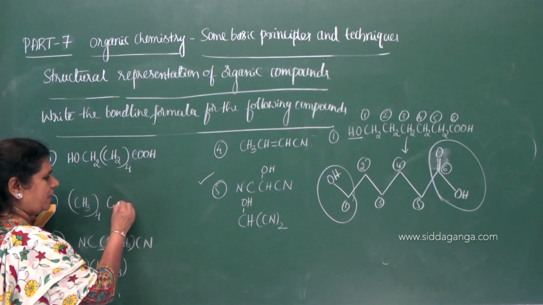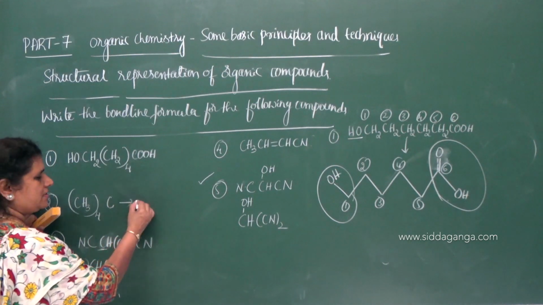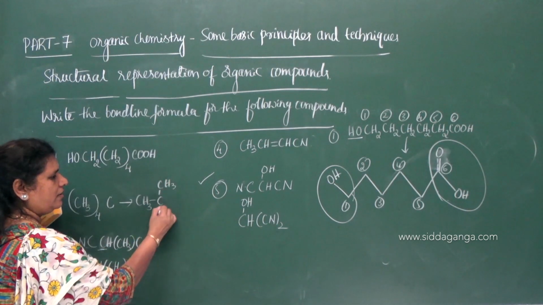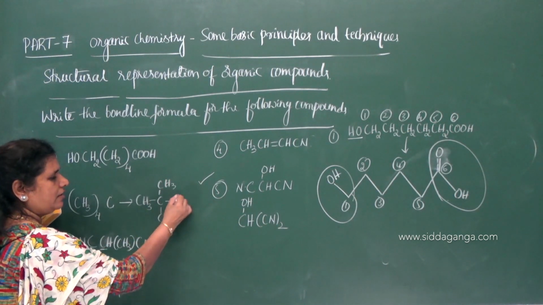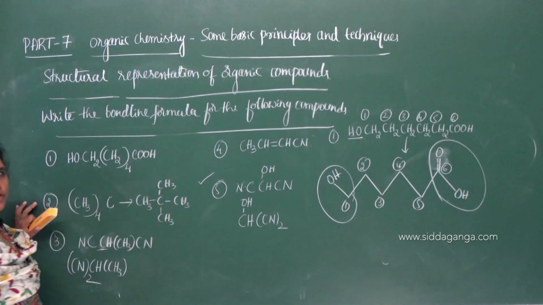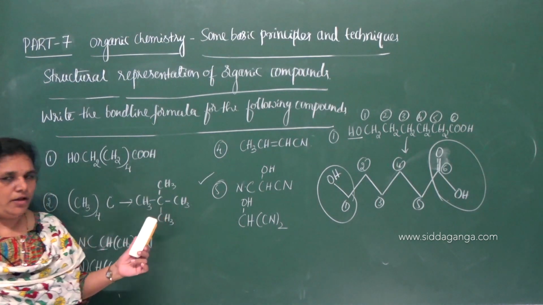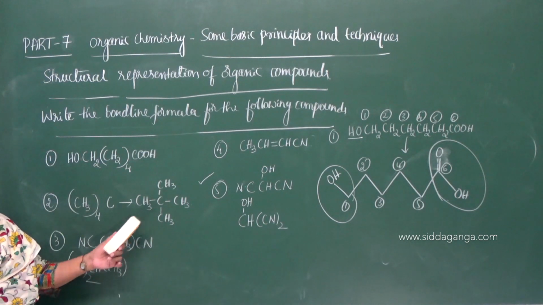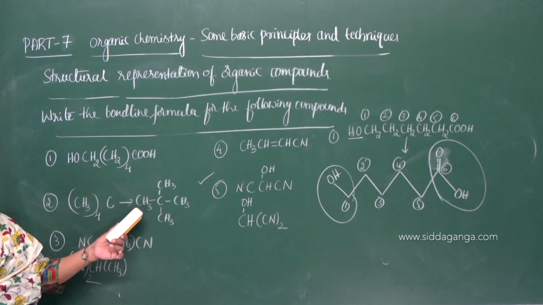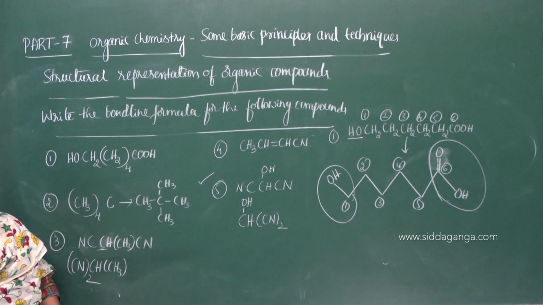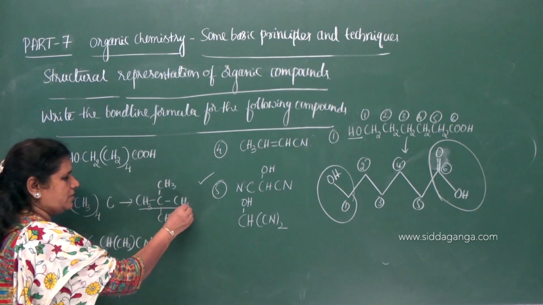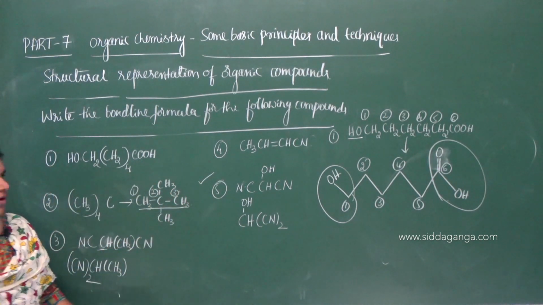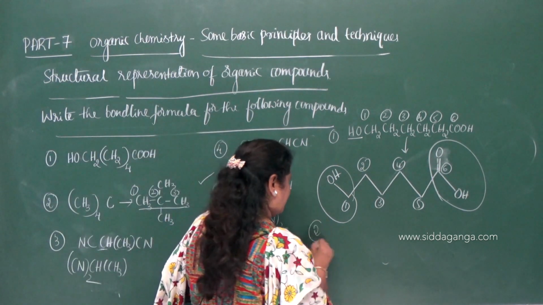You can split this. How to split this? CH3, C(CH3)2, CH3. So this is the formula given. Neopentane, I have given it already. But here we need to consider 3 carbon atoms, the longest chain that we have to consider: first, second, and the third carbon. So give the bond line formula here.